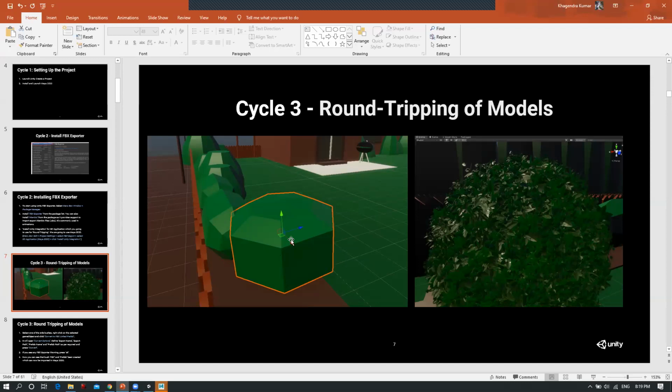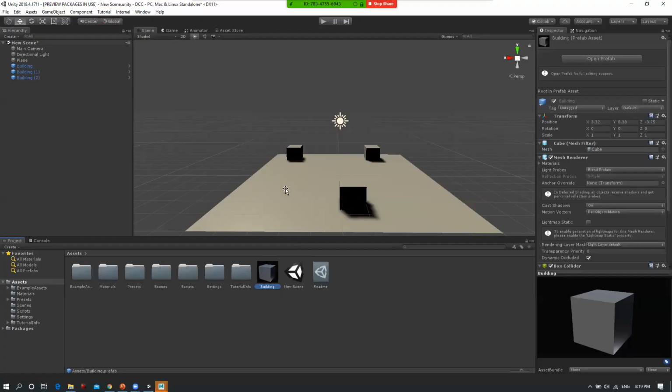Some are rotated, some are scaled up. All of these are the same. In the Sherman movie, you will also see that all the grasses are almost the same. You can again use ProBuilder and create multiple prototypes, and then use them. I'm using just the integrated cube for it.